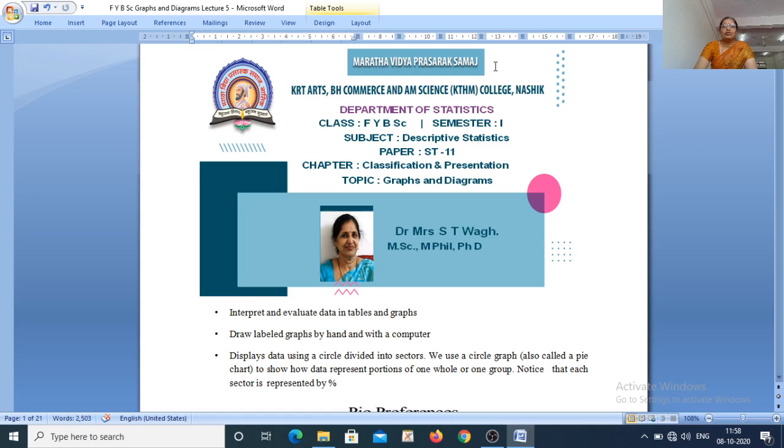So we have three types of classification. The first one is the set of individual observations, in which there is actually no classification. The values which are measured or counted are written as they are, as individual observations. Further, if we have discrete data, that means a variable taking isolated values, for example 0, 1, 2, 3, 4, etc., we can have a discrete frequency distribution, in which the classes are generally isolated numbers.